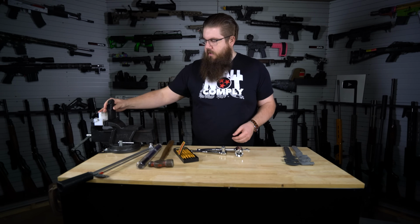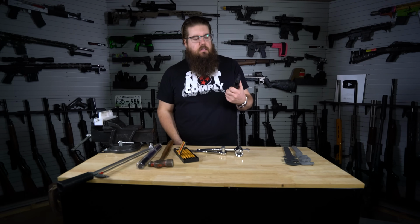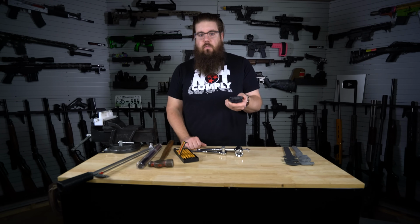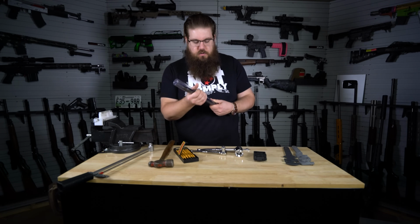You slam this into your vise, and it'll hold your upper nice and secure. For me, stuff like this is really just about making my life easier. That's what I want tools like this for. So there is an alternate solution, which would be